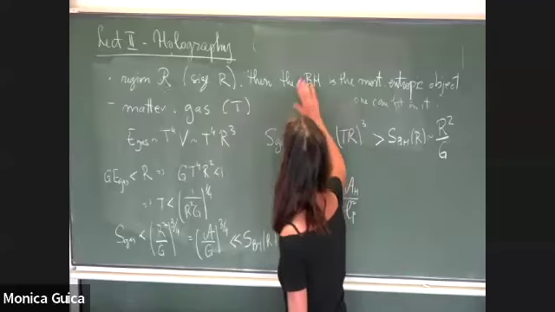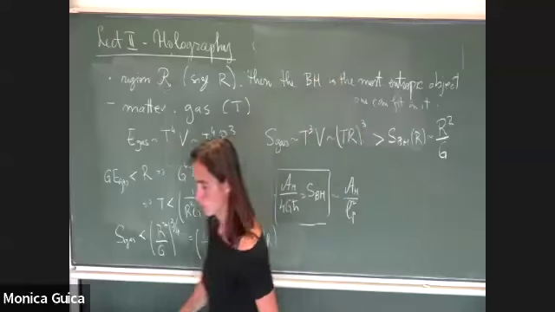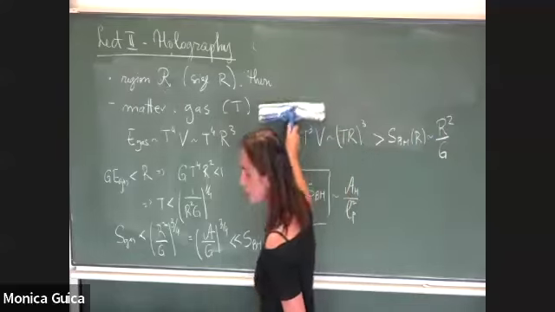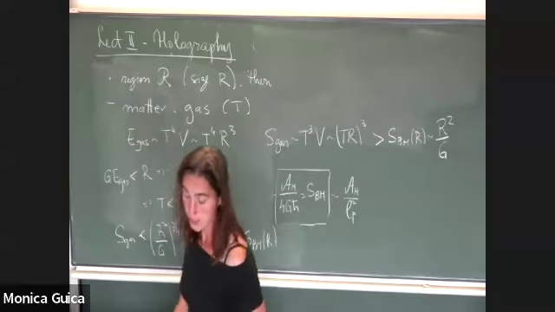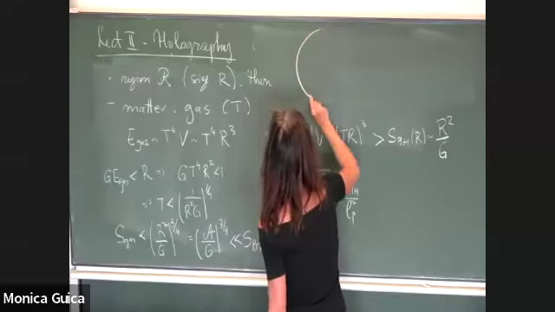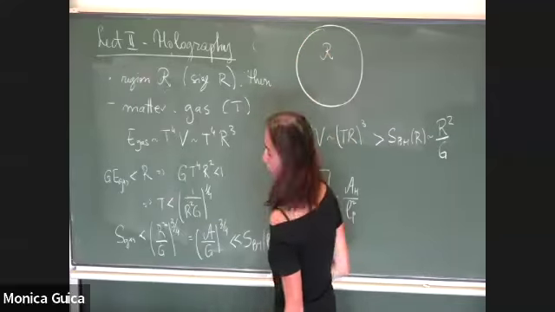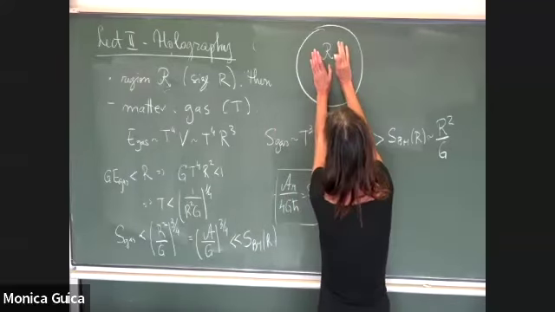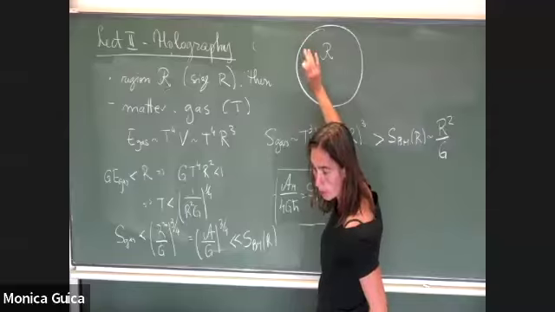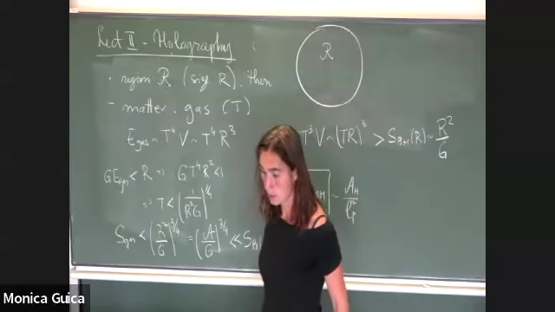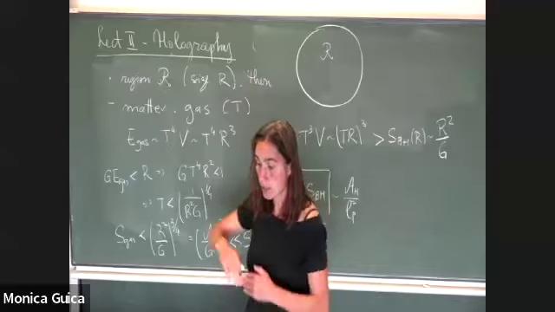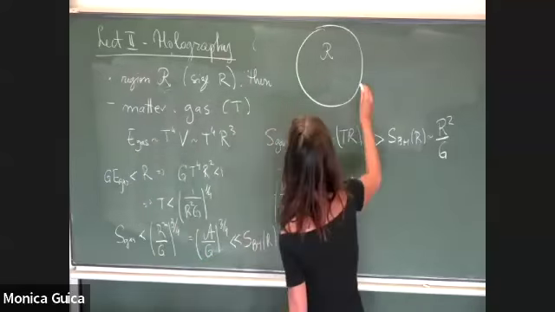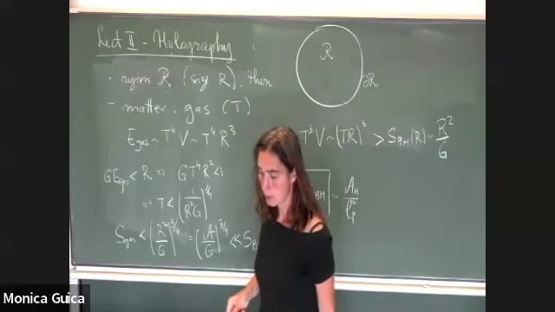He basically said that the degrees of freedom of quantum gravity in my region are... whatever standard matter I put in here, or whatever black hole I put in here, it's all going to have fewer degrees of freedom than the black hole that fills the region. The black hole that fills the region, I can think of it as having its degrees of freedom living on the surface of the region, and therefore,